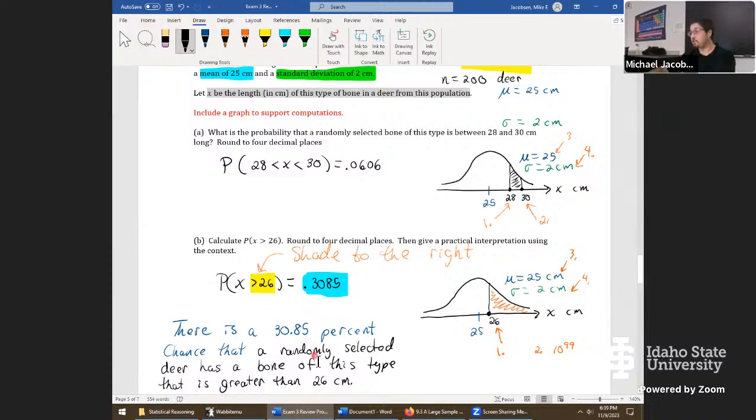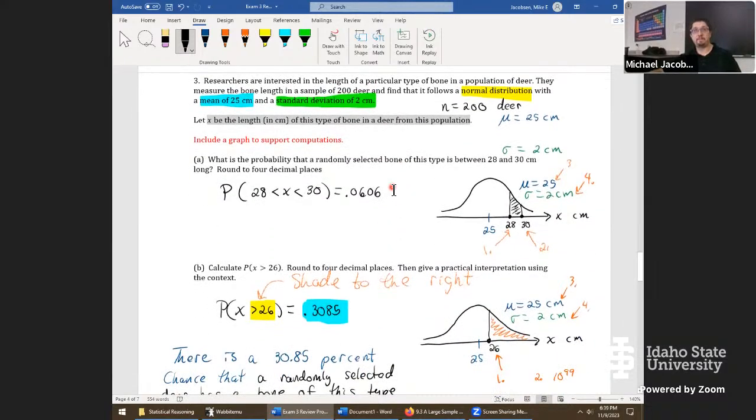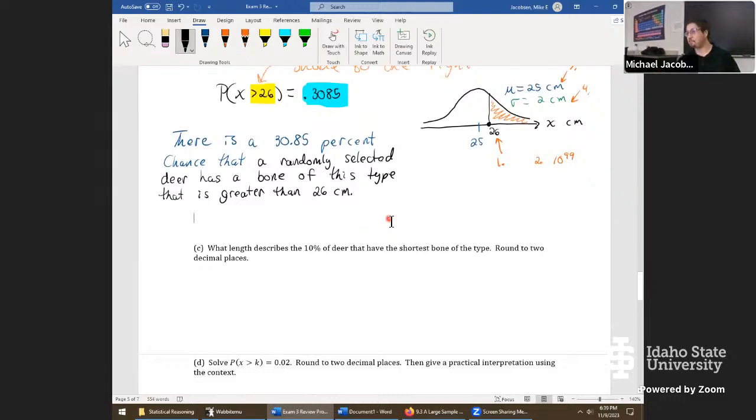Does that look right to folks on this conclusion here? Okay, it's kind of a strange problem because the context is not very filled out, but it definitely feels like it's just a random problem that was made up by ChatGPT or something like that. But it's a pretty decent one for the sake of practice. So let's try out the next part.